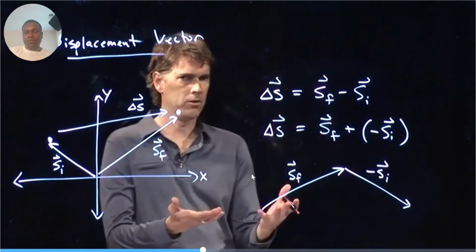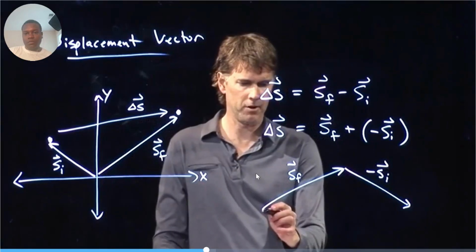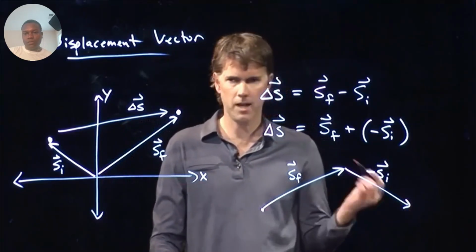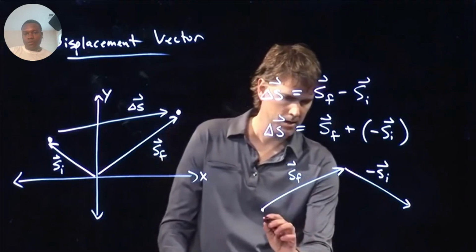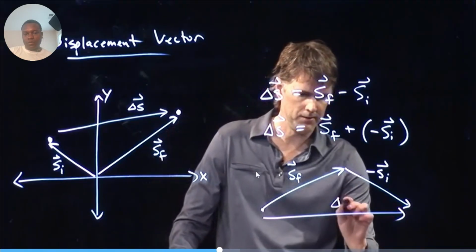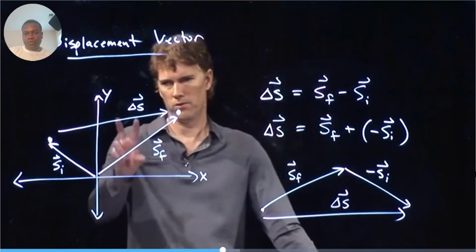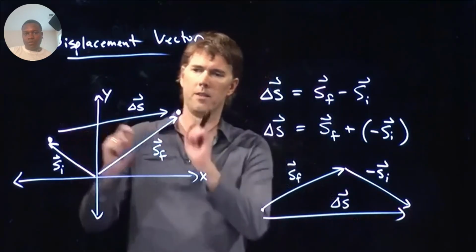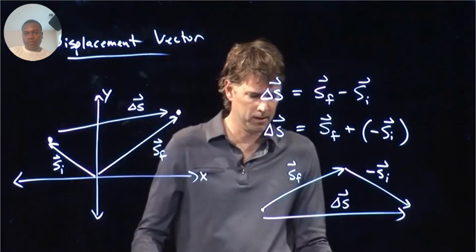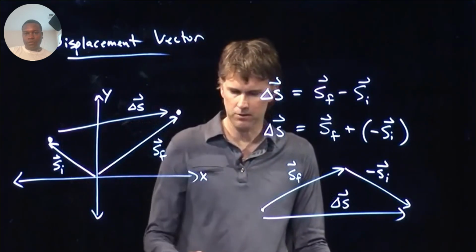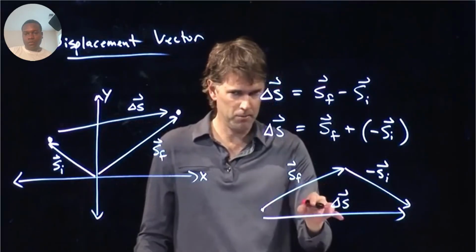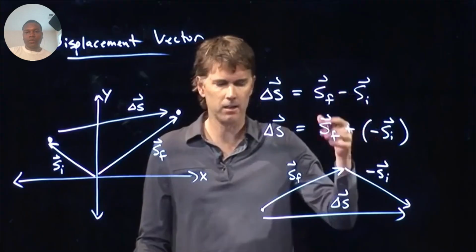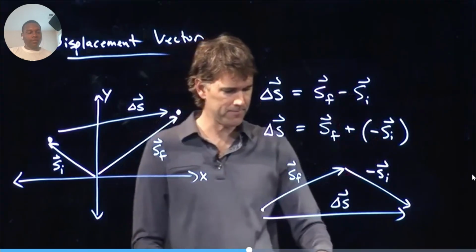And now I'm just adding two vectors. How do I add two vectors? I start at the beginning, I go to the arrowhead on the end of the last one. And now that delta S, which is roughly how we drew it over there, is that long and it's in that direction. So adding vectors means this tip to tail method applies, and anytime you subtract it, you're really just adding the negative of it.